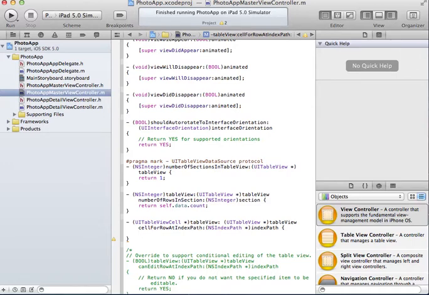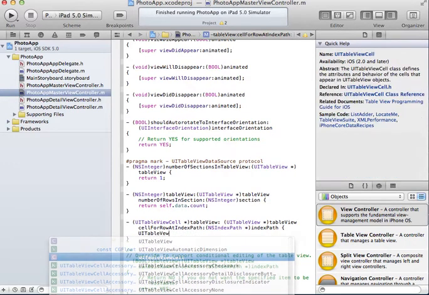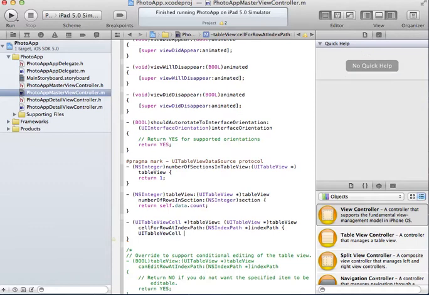Some of these cells are cached, and some are populated on the spot. So how are we going to do this? Well, we're going to create a UITableViewCell, cell. This can actually be a UITable